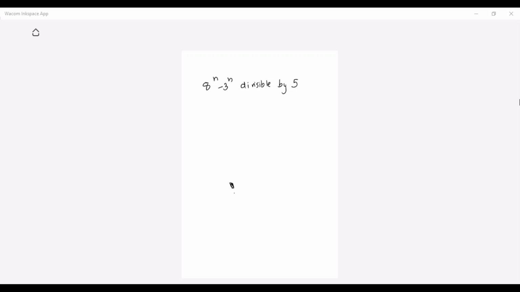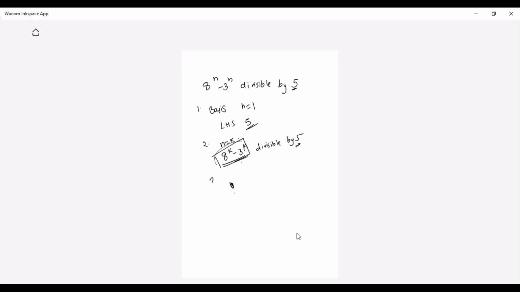Okay, very good. So we will check this, students. See this. Here, the first step I'll do is the basis. N is equal to 1. LHS I'm getting as 5. It is equal to 5. So the basis we have done. We have assumed N is equal to K, that is 8 raised to K minus 3 raised to K is divisible by 5. That we are saying. So this equation we are having with us, and we can utilize this equation. Divisible by 5, we need to keep in mind.